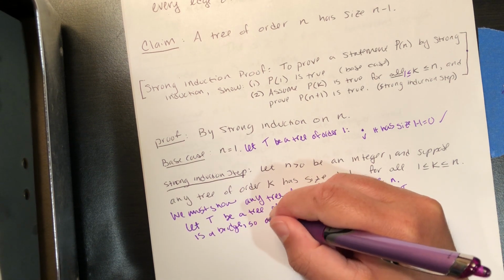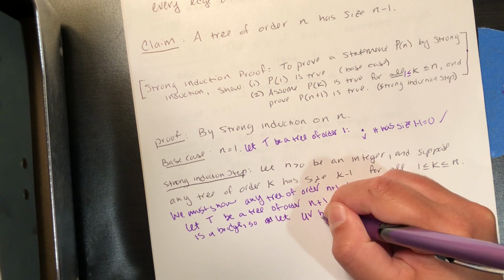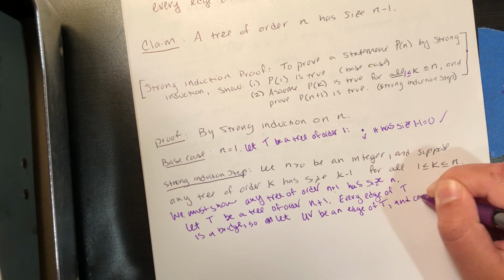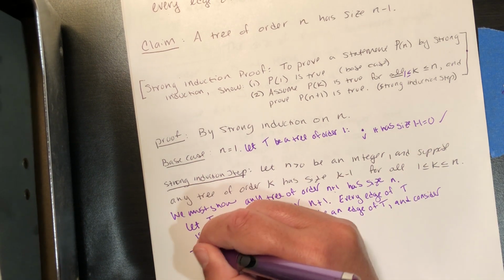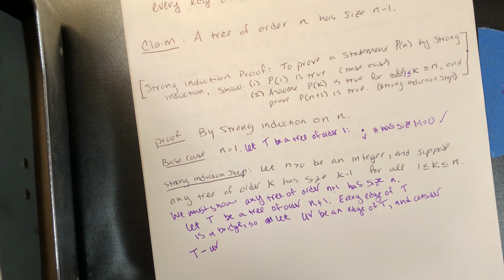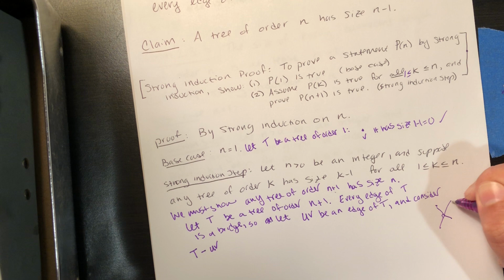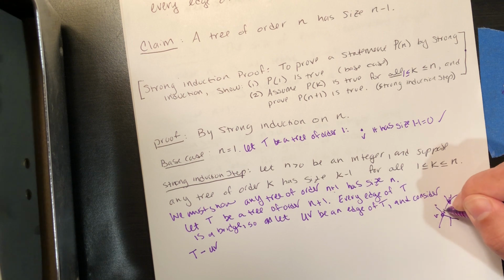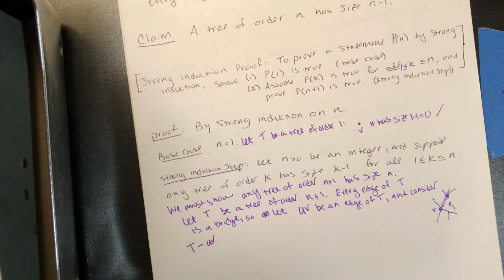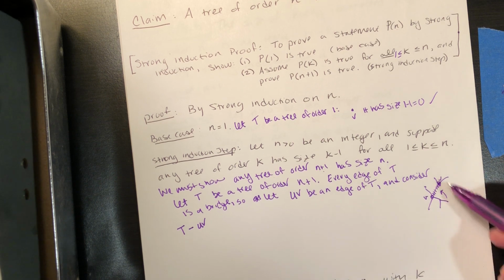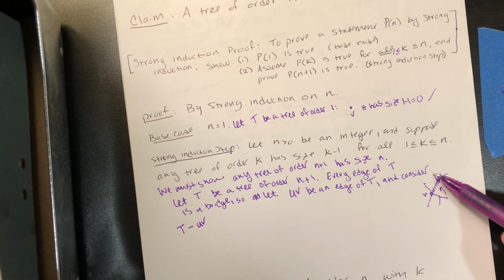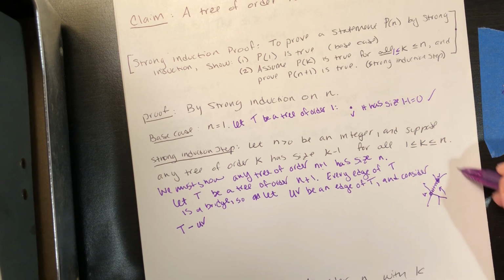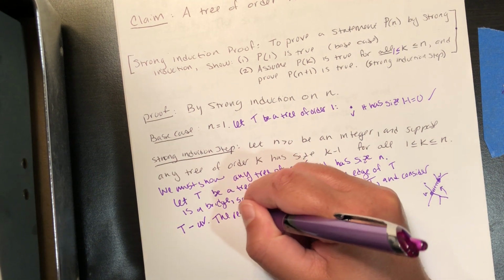So let's let UV be an edge of T, and consider the graph T minus that edge. So if you took your tree, whatever it looks like, some branches off, and you delete one single edge, UV, well, because that edge is a bridge, we know that the resulting graph is disconnected. And so how does that help us? Well, it's going to leave us with two sort of subtrees here. The resulting graph has two components,